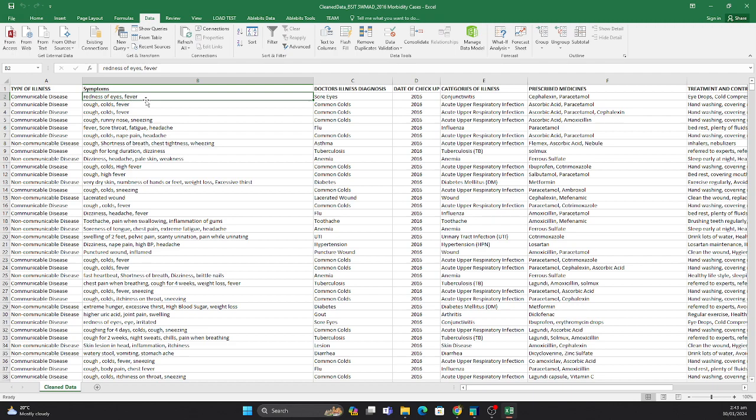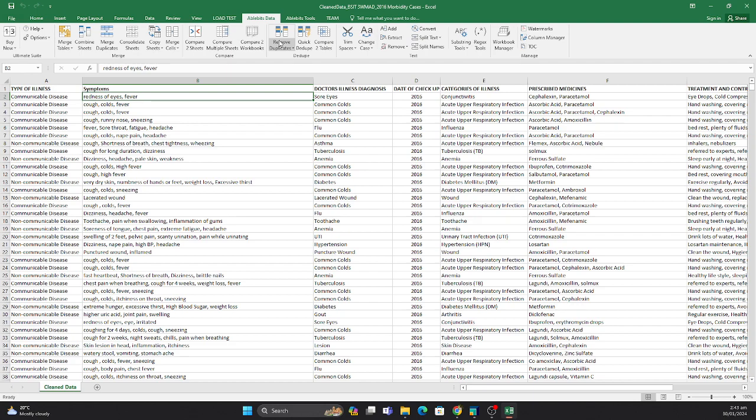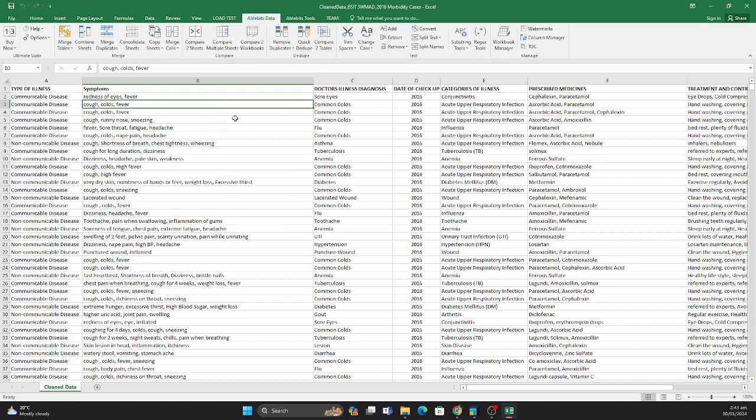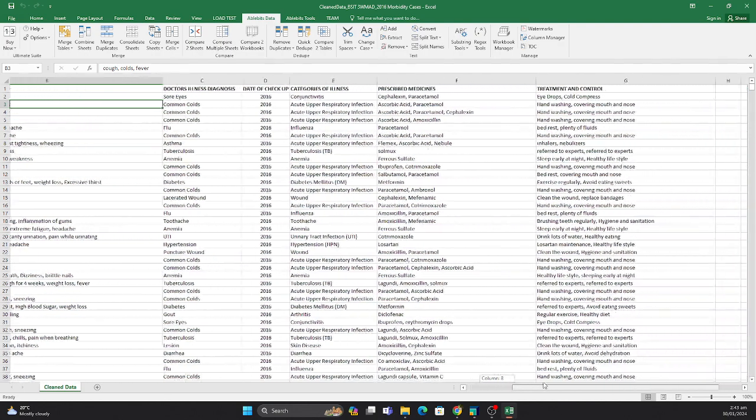For removing the repeated words in each concatenated column, we use Ablebits Data, which you can download in Google. We just need to click remove duplicates and remove dupes within the cell. And that is the rundown of data cleaning.